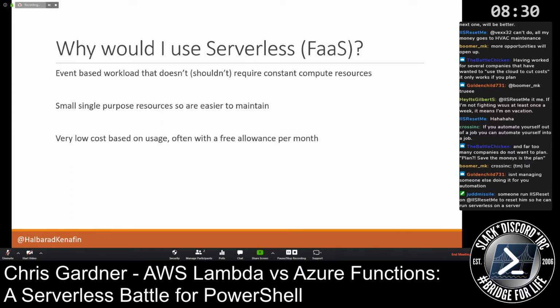And they're usually ridiculously cheap. Both Azure and AWS offer a free allowance every month of how many invocations you can have, and I think for Azure it's like 1 million, and for AWS it's probably something similar. So like 1 million invocations is a lot. We did some maths at a previous company I was with, where we worked out we could run a function every 3 seconds and still have it free. So going from whatever that was going to cost us monthly to run to free might be saving a couple of quid, but it's a couple of quid every month, all of the time.